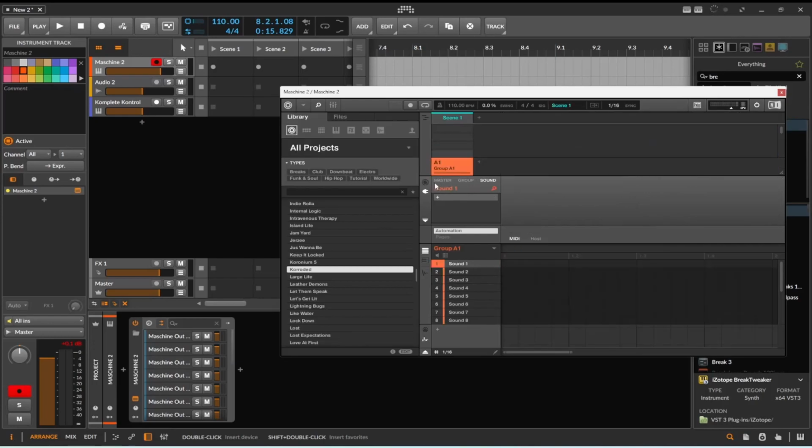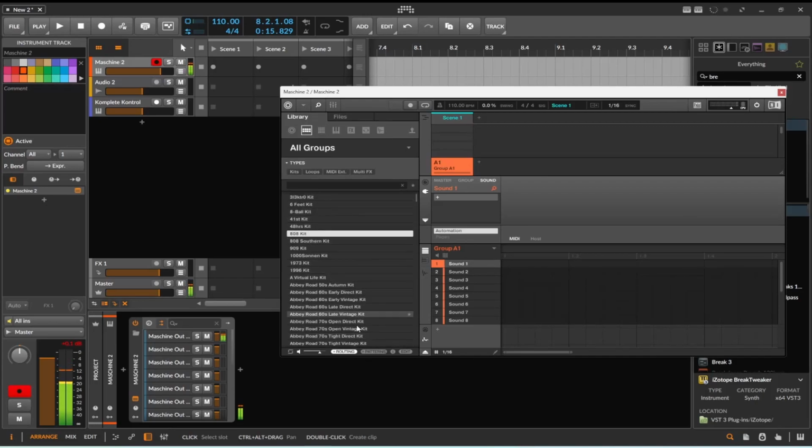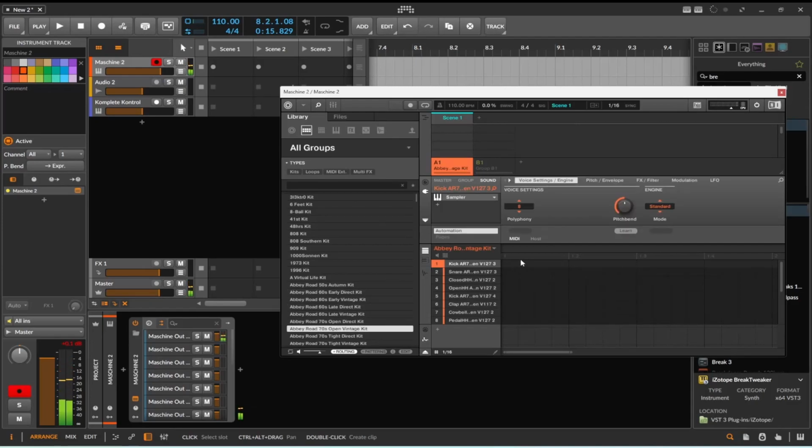You don't have to do the project. You can go here, hit new, and start off with a blank one, much like in Bitwig where they have scenes. This should look familiar. These are kind of the clips in here, and every one of these is a pattern. So we could do groups, and this right here is considered a group, and I can add another group. This is a totally different group. And basically what I can do is I can load it, right? And then I could just use